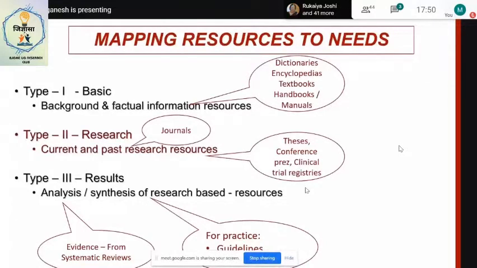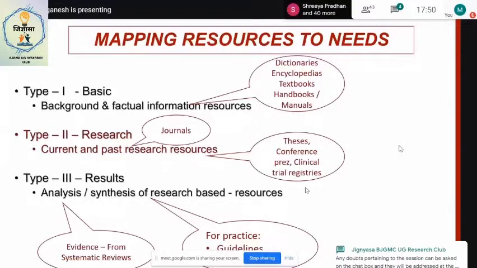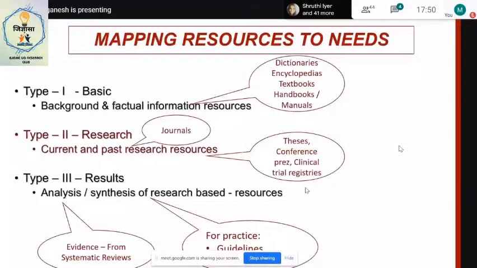Then in practice, you have two types, guidelines, which tell you step 1, for this kind of condition, you do this, step 2, you do this, step 3, you do this. Summaries are like revision tools. So a popular summary resource is UpToDate. There's another one called Dynamed. There's a website called Clinical Key where there's one section which has summaries. So today many websites have summaries. So those are all condensed update resources. So all these kinds, the type 3 are very, very useful for clinicians.